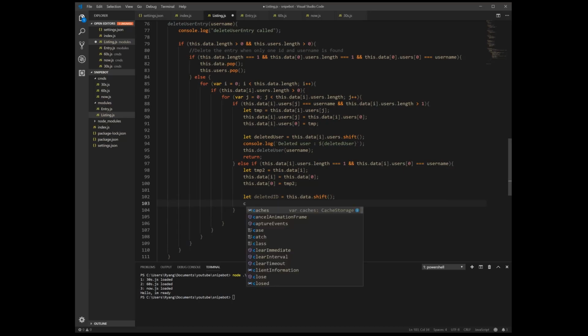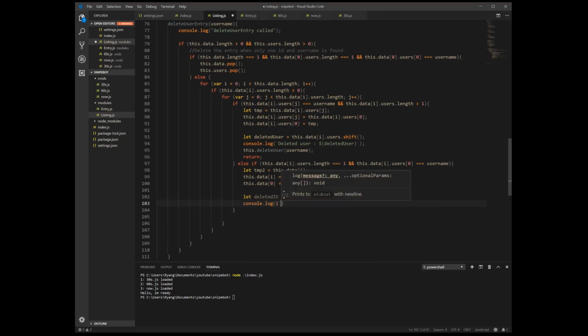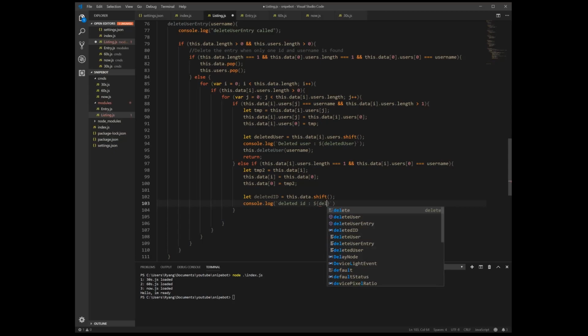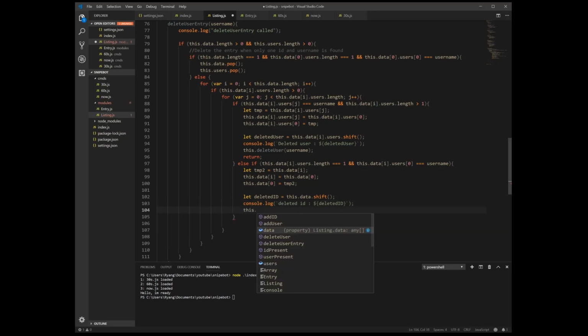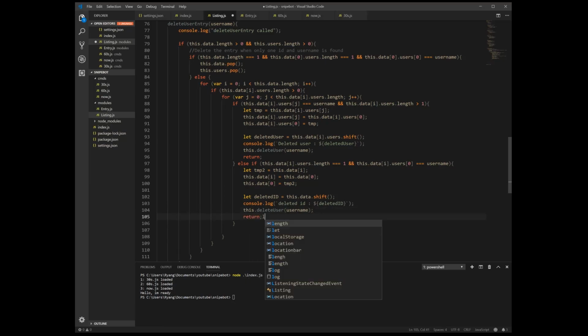Then we're going to console.log this, and we're going to put deleted ID, and we put the value of our deleted ID inside. And then we obviously have to remove our user, so this.delete user, which is our username. And then we can return.